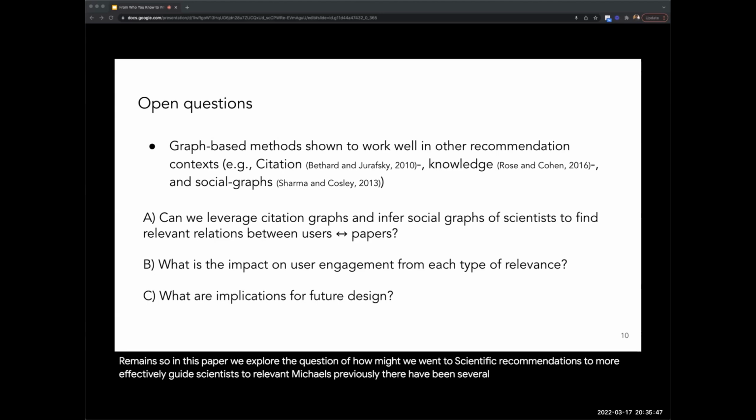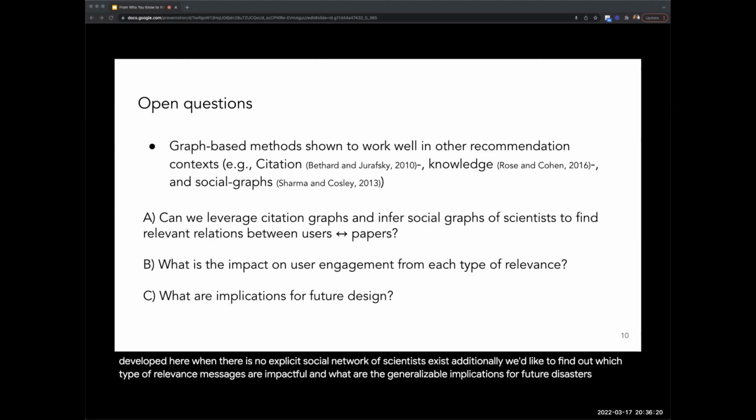Previously, there have been several graph-based approaches proposed to improve recommender systems and the interpretability of their recommendations in different application domains. But what we don't know from this literature is how we might develop graph-based approaches in the scientific recommendations domain. Especially, it's unclear how social relevance-driven approaches may be developed here when there's no explicit social network of scientists. Additionally, we'd like to find out which type of relevance messages are impactful and what are the generalizable